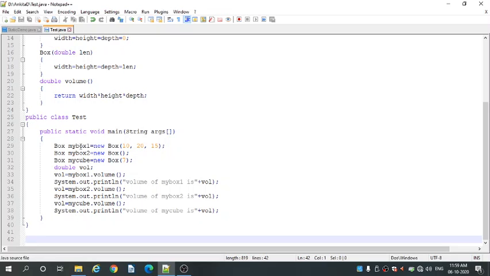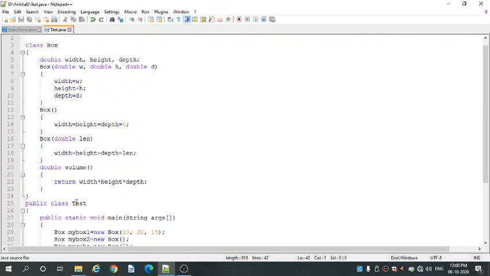Whenever we call the myCube object, the value of myCube, that is 7, is passed to the volume function, and 7 into 7 into 7, that is width, height and depth, will be calculated. The result is passed to the class Test, stored in the vol variable, and the value is printed. And we close the class Test.